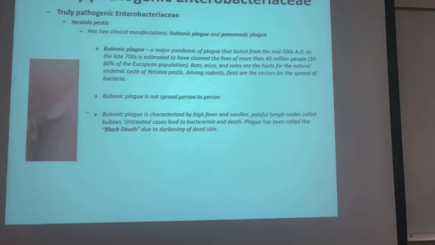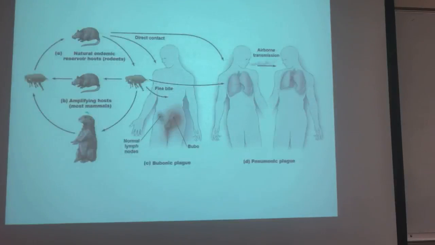We talked about Yersinia pestis, another order member here, which caused the plague. Remember that? There was bubonic plague, which is not spread person to person. It's spread from rats, voles, mice, to fleas, and fleas to people. So the fleas are the vectors, right? But if the bacteria make it into the lungs, then you could spread it person to person as pneumonic plague. So know the difference between bubonic plague and pneumonic plague.